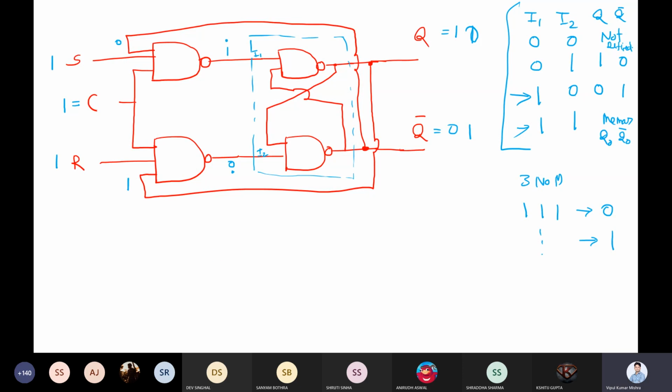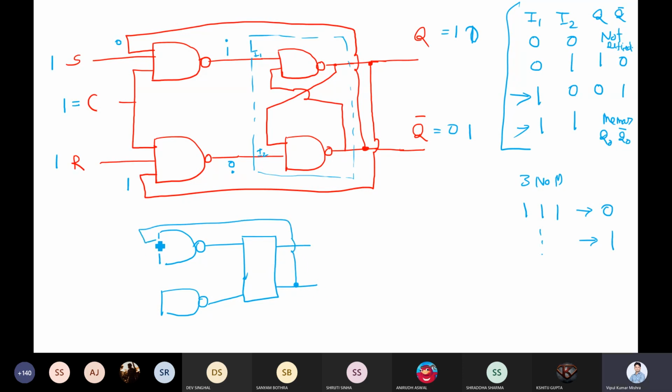Once you want to operate on this circuit, let me draw this in this form. Then you can look into this circuit in this way. Have a black box, and here you have the output. This output is attached here.